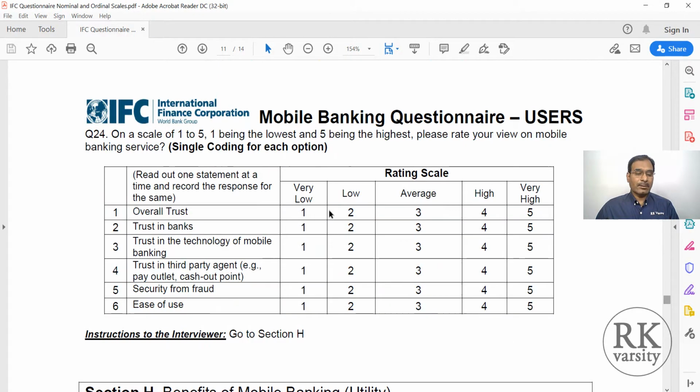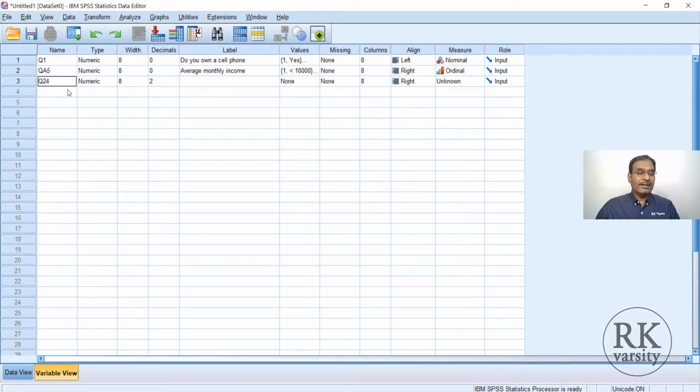Here is an interval scale. So the question is Q24. This question has got 6 options, 1, 2, 3, 4, 5, 6. So how we name is, this is Q24, and then we edit this. So keep underscore and 1. So there is question 24, first option, and no decimal values are required. We'll simply convert this into 0.